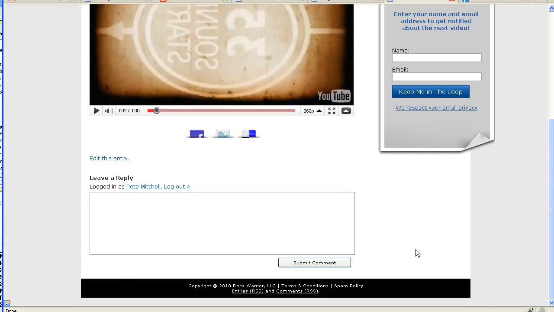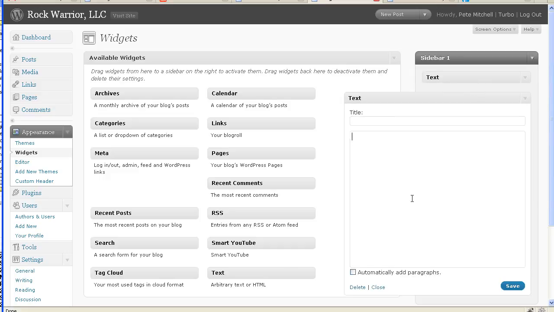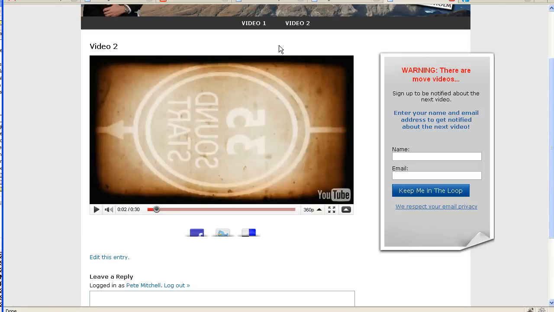So technically you could do other text widgets down here, like if you wanted to do the videos, like you've seen on some of these where it's got a little icon, video 1, video 2, video 3, and they'll say coming soon, things like that. Just open up another text widget there in the sidebar, drop it over, add whatever you want, and boom, it'll add it right there. So that's how you do this page and